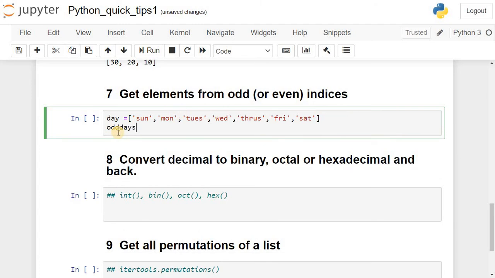Odd days: we will traverse the days list to create a sublist which will start from odd position 1.